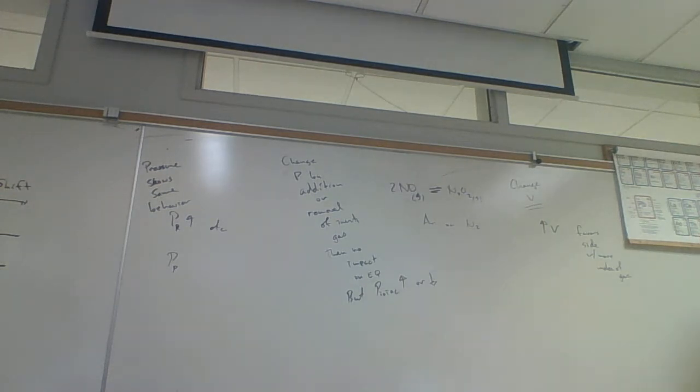Now, if we have a solution, then we take a look at how the solution concentrations are impacted, and it's the same type of scenario as the gases. For solutions, the volume change will change the molarity, which is going to upset